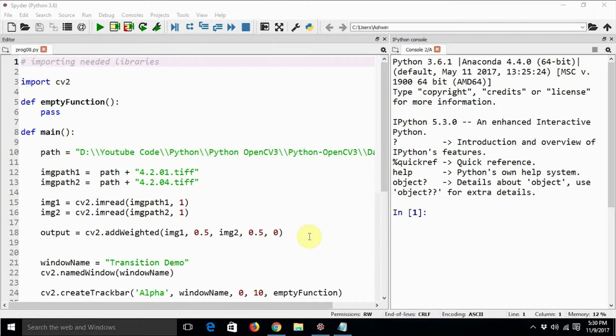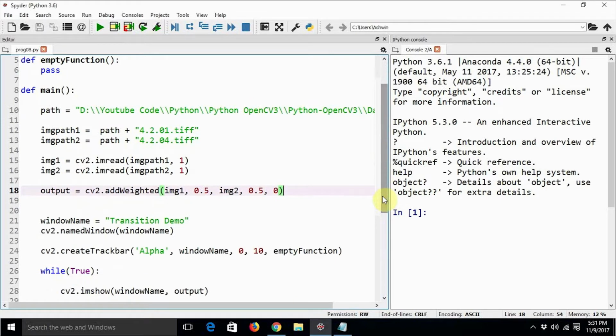So in the last video tutorial, we learned quite a lot about blending and transitioning effects. We can blend two images using the cv2.addWeighted function, and we can use two parameters alpha and beta such that alpha plus beta equals 1. This is going to create a blending effect between two images, and whenever we run that blending effect against time by varying the value of parameter alpha, it is going to create the transition effect. So in the last tutorial we saw how to create that blending and transitioning effect.